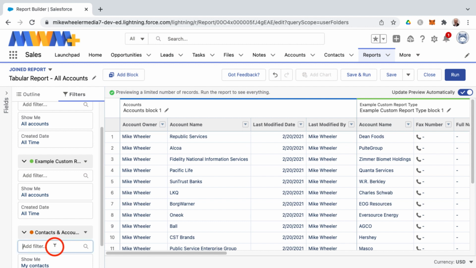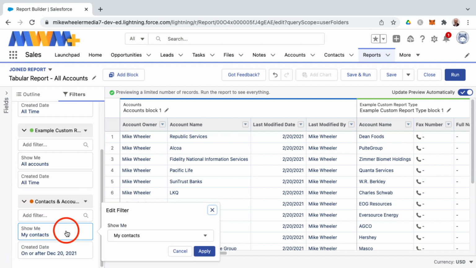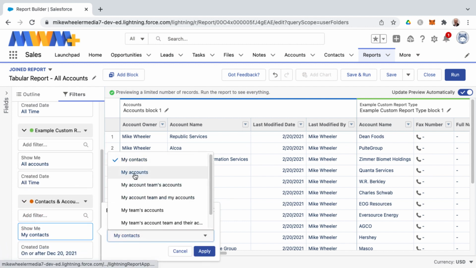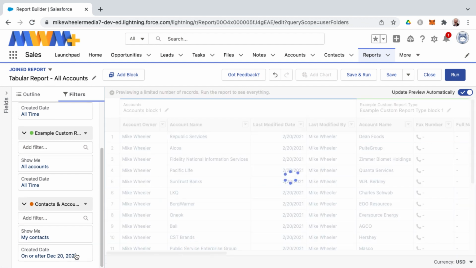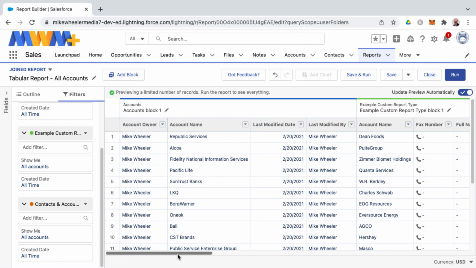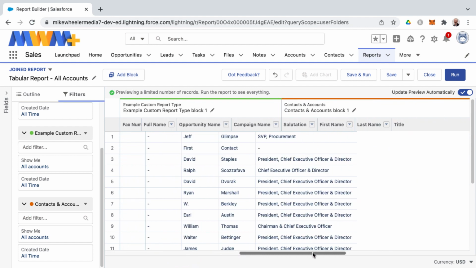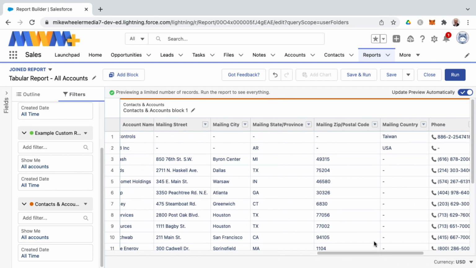And then for this third block, I'm going to adjust the filters here. For contacts, I'm going to say all contacts for all time as well, just to get more data in here. Apply that as well. And so once you have your blocks arranged the way you want them, filtered, etc., then